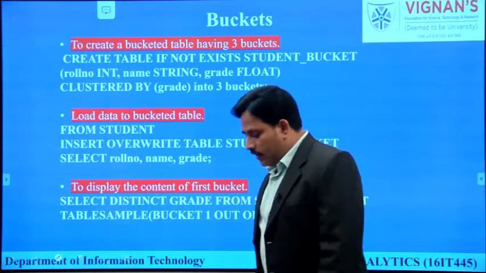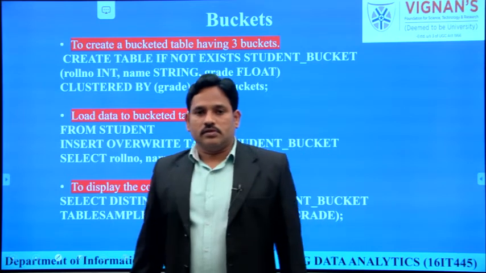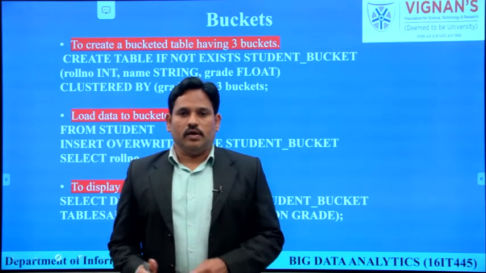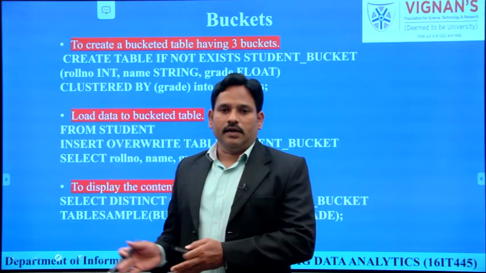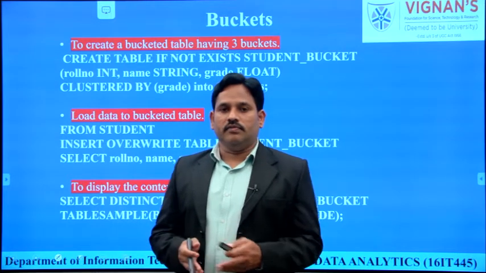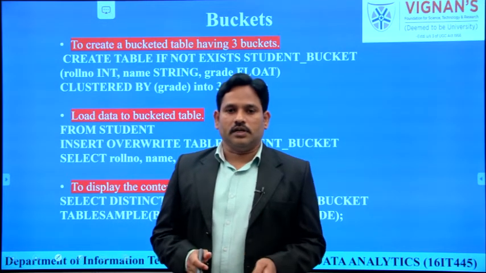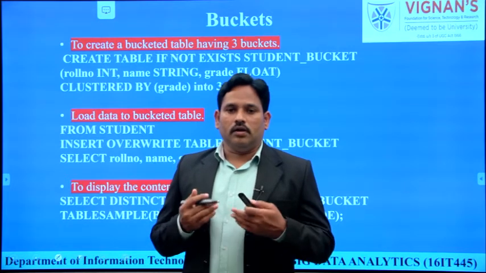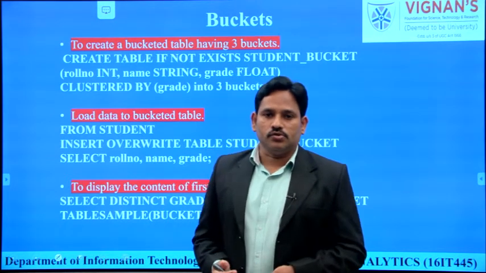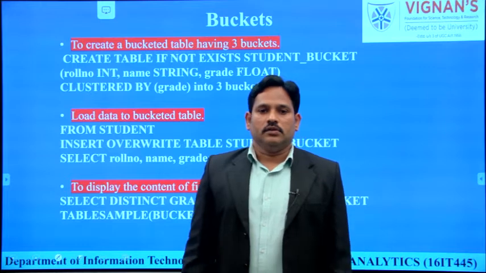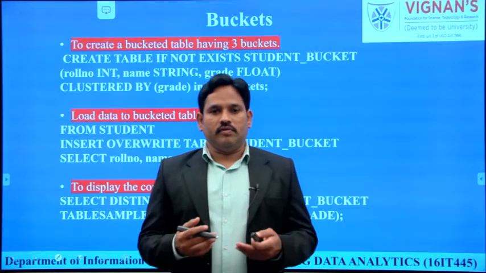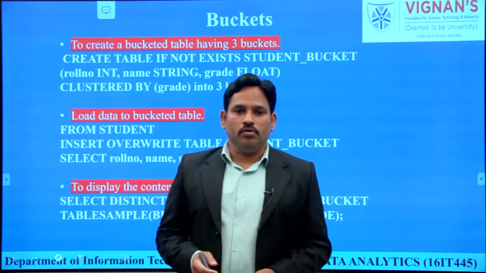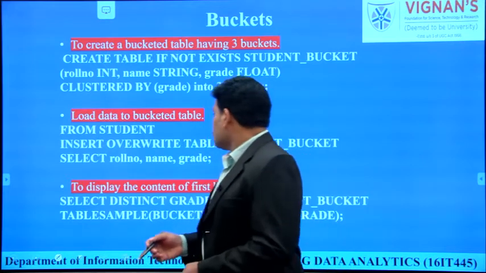Now we are moving into another data unit called buckets. Till now we have seen partitioning. So what is partitioning? Partitioning is collecting the data from the tables, dividing it into smaller packets or chunks and storing it. Now a bucket is the smallest unit used in partitioning. That means whatever data we have in a partition is going to be divided and split into buckets, that is, smaller units.